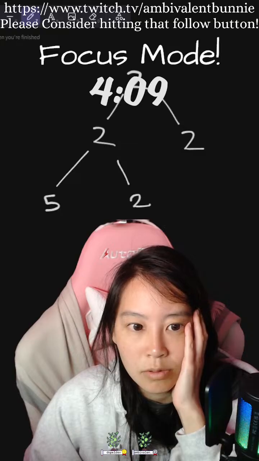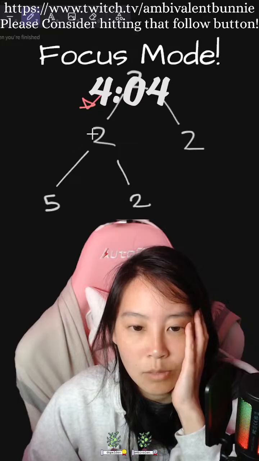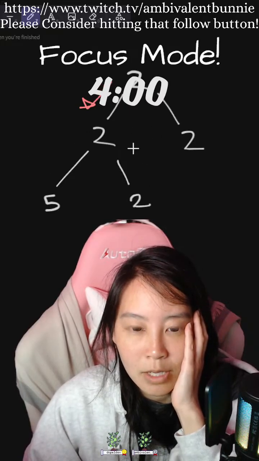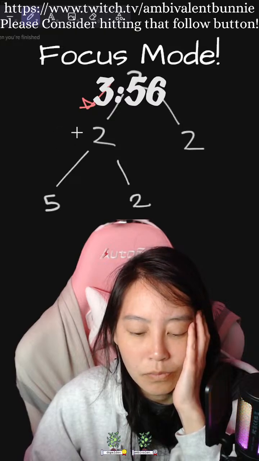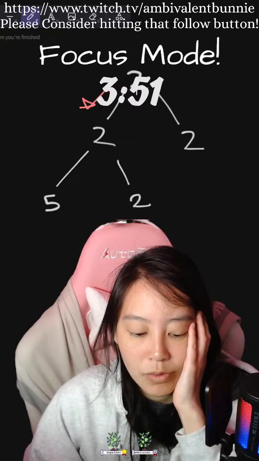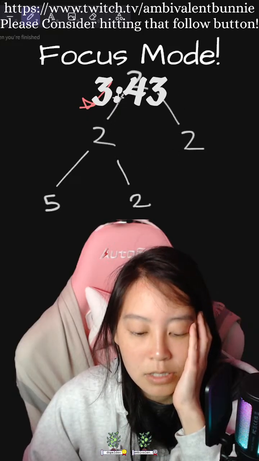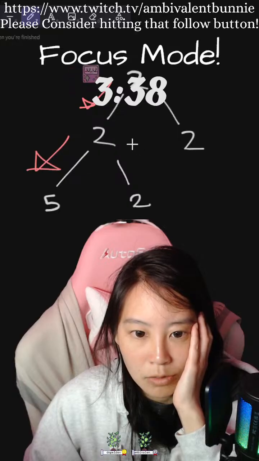The root value equals node value. It does, so we return. So then we go down.